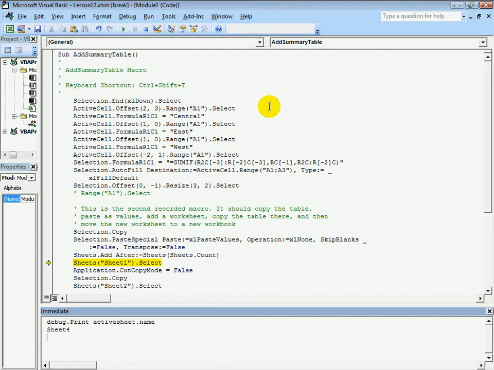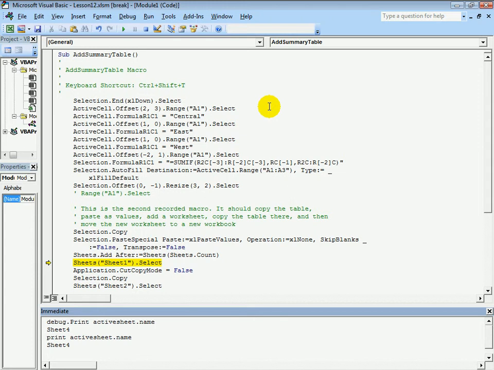So by using Debug.Print, now it turns out that the Debug dot is not necessary. You can actually just come here and click Print ActiveSheet.Name and see that we're now on Sheet4, and we start to realize that our macro is in trouble because we're going to have a different name every time that we add a new worksheet. Sometimes it might be called Sheet2, but if we run the macro a second time in the same day, well, it's going to be called Sheet3 or Sheet4,